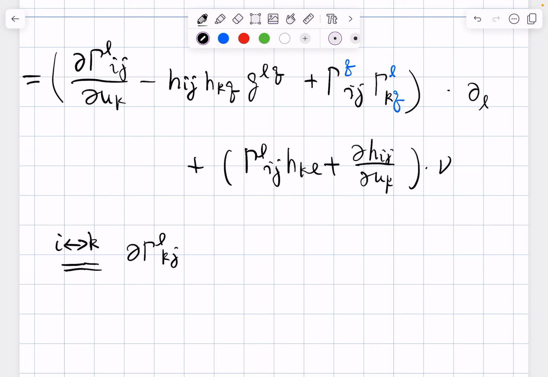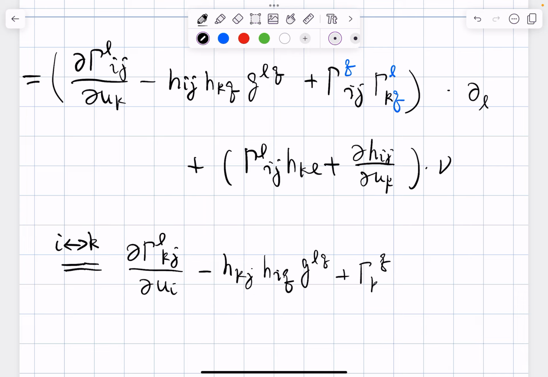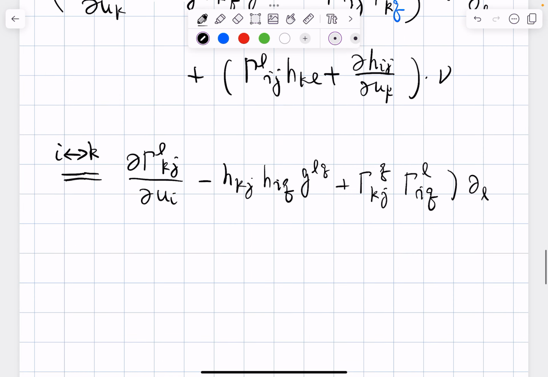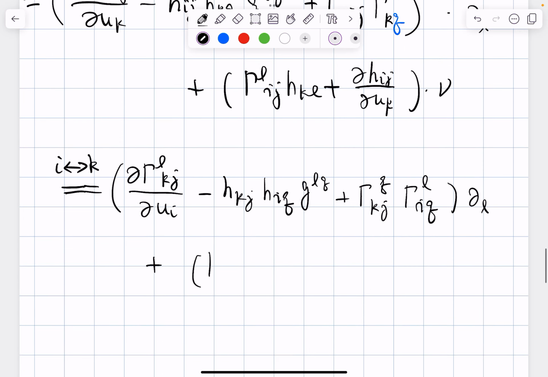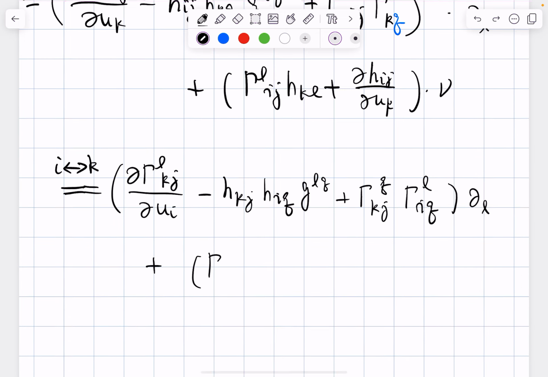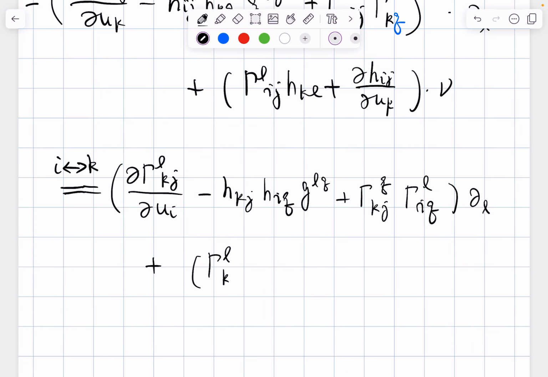Oh, I need to write it all down again. k becomes i, i becomes k, becomes Q, oh, i becomes k becomes gamma, L is dummy, i becomes,